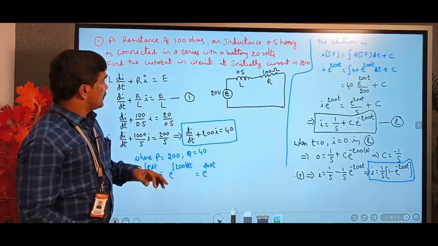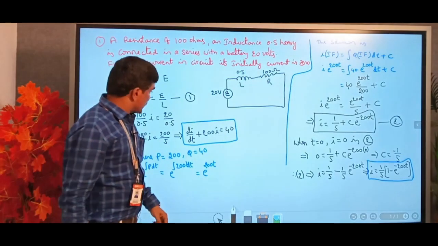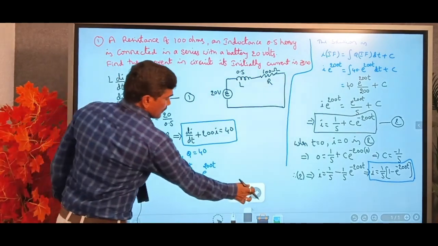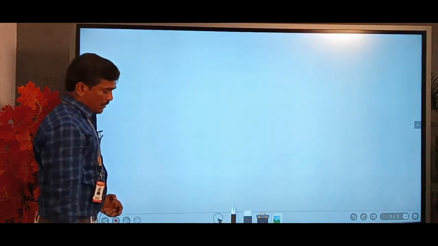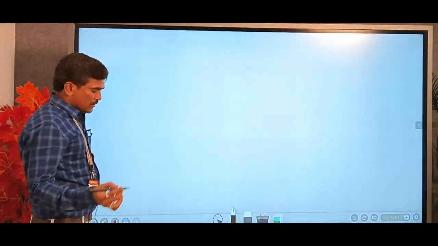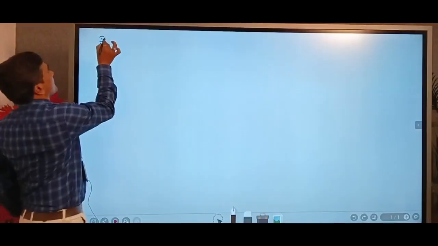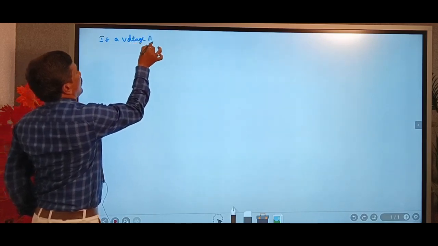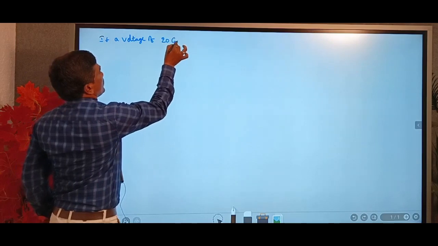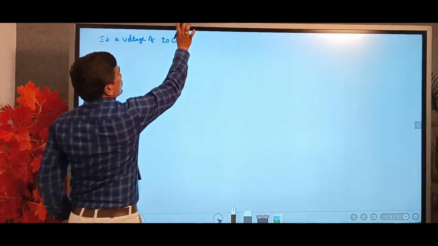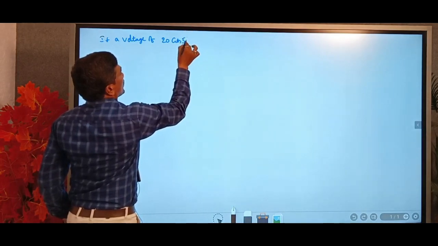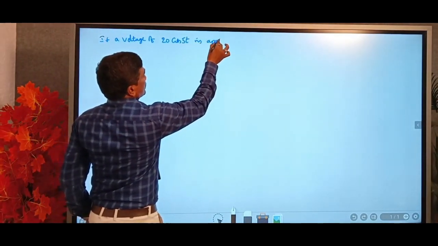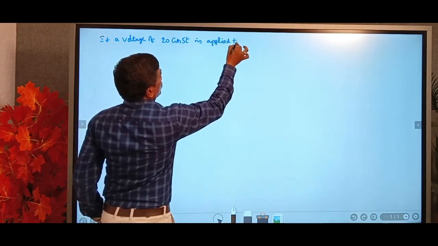Now we are going to discuss one more problem on an LR circuit, so note it down. If a voltage of 20 cos 2t is applied to a series circuit